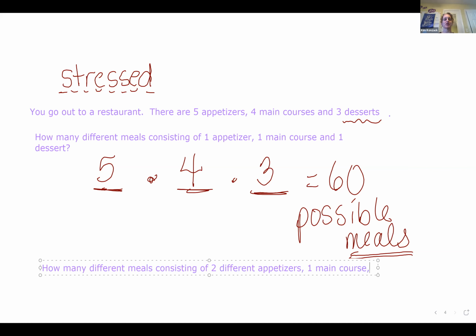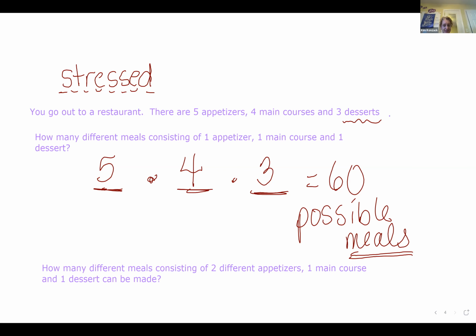I'm not going to make it that tricky. And 1 main course and 1 dessert can be made. Okay, now you may say, I don't know why this is tricky. The reason